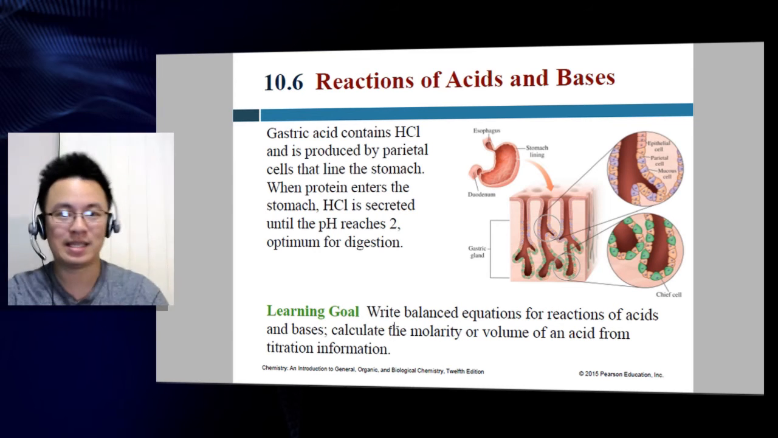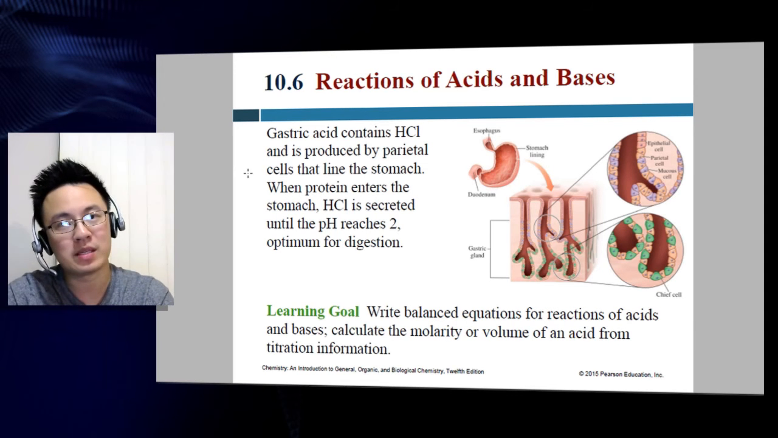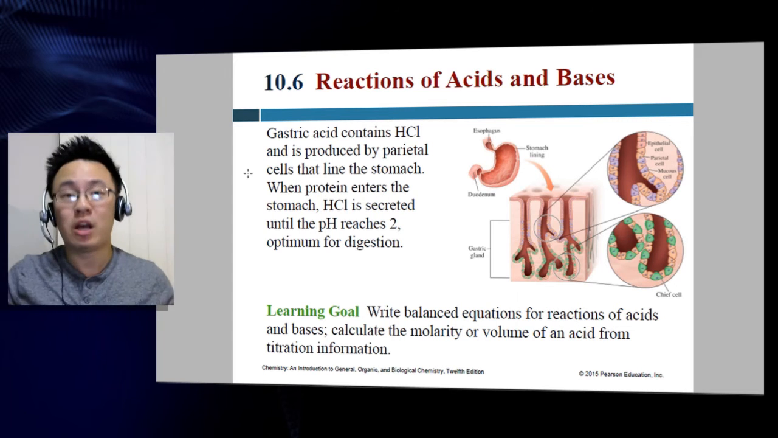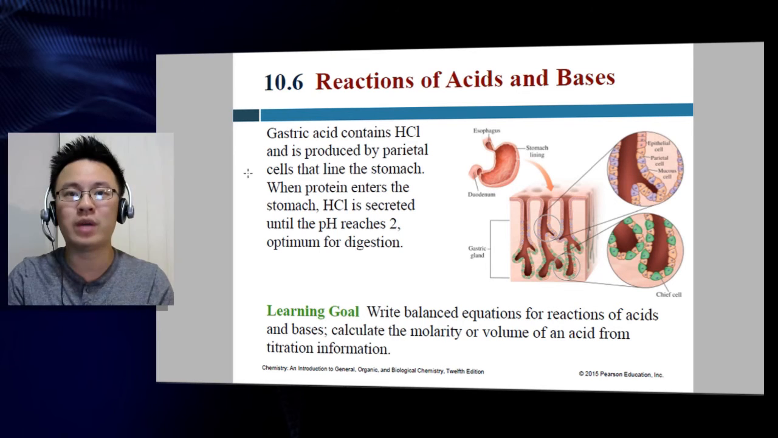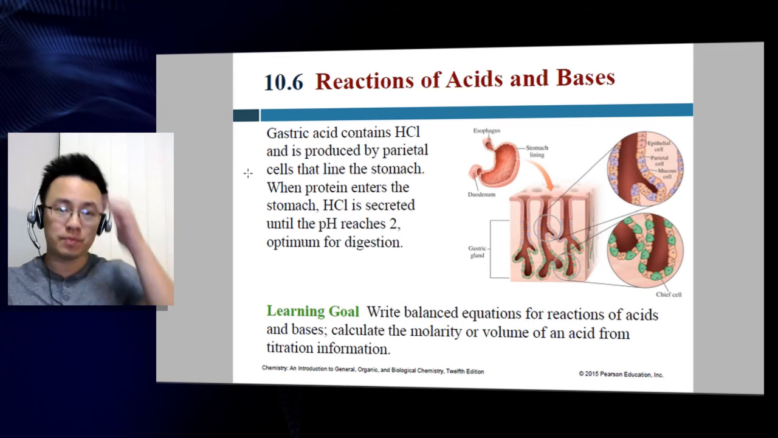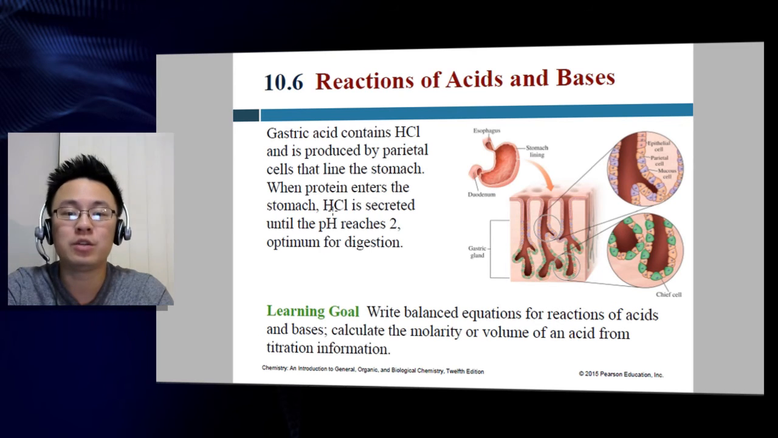Now, gastric acid contains hydrochloric acid, HCl, and is produced by parietal cells that line the stomach. What's really amazing is that the lining of your stomach isn't invincible against this hydrochloric acid. The hydrochloric acid produced will also dissolve and disintegrate the membranes of the gastric lining, the endothelial lining, and so you have a lot of cells in there that constantly produce more and more of that lining in order to offset the amount of cells dying from that hydrochloric acid burn. So when the protein enters the stomach, the hydrochloric acid is secreted until the pH reaches about 2,